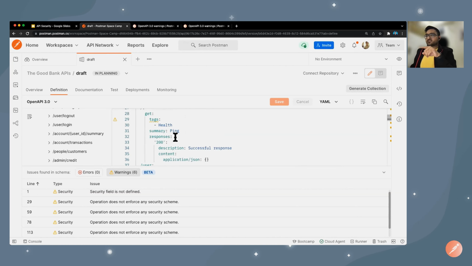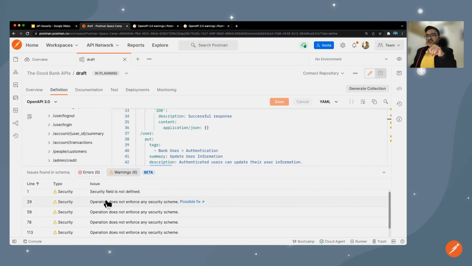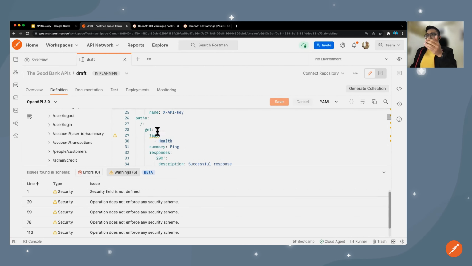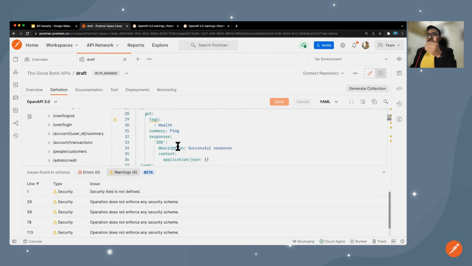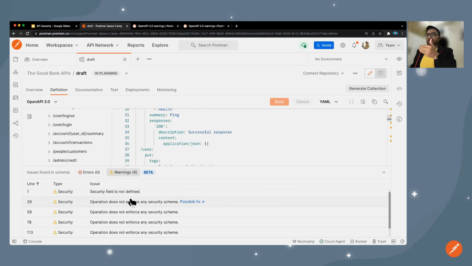But we don't want this here. So this is a false positive in my particular case, right? Because this warning does not know that my API endpoint is a health endpoint. It does not need it, so it will show me the error,